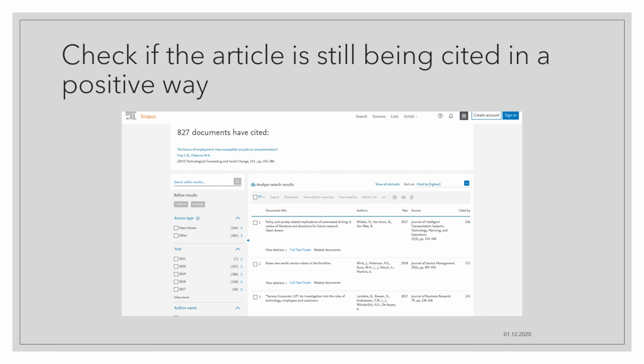Now, one thing you should do is, even though an article has been cited many times, perhaps it's not cited anymore. Sometimes an article was refuted or there was some sort of a scandal and nobody cites it. So you might want to check exactly who is citing it, how many times and when. Now this article is cited a lot in different years, including 2021. So obviously this is a good